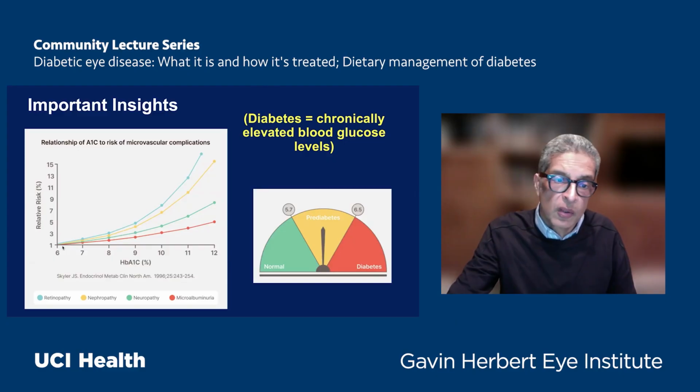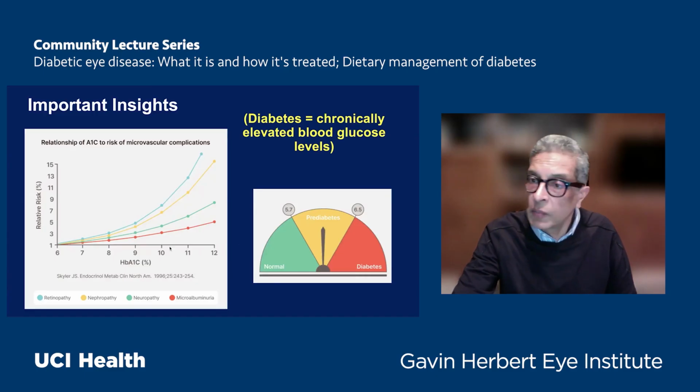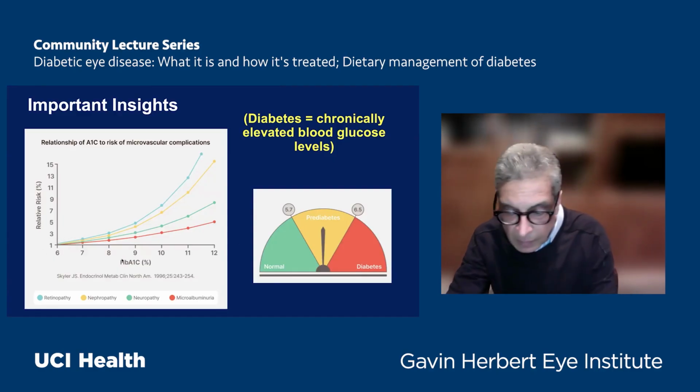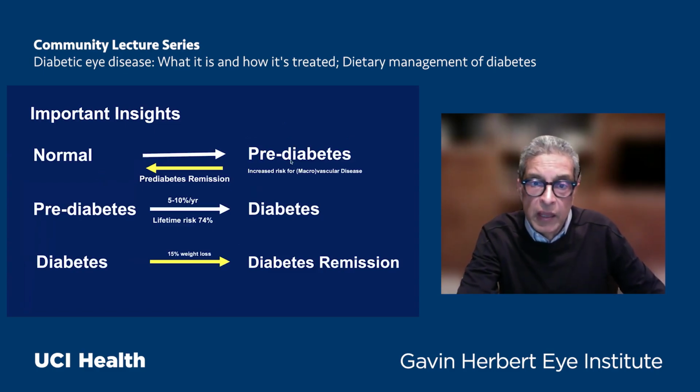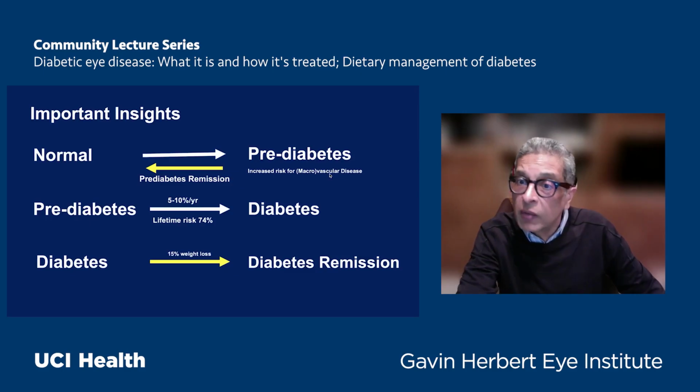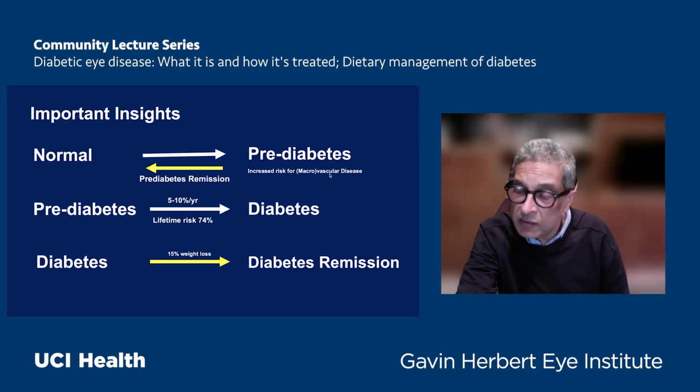Like I showed you before, retinopathy and other complications of diabetes heavily depend on how high your hemoglobin A1C is. So let's talk about prediabetes; we're down here, in this area down here. Prediabetes has a risk of 5 to 10% per year in any individual of becoming diabetes. The lifetime risk of somebody who has prediabetes becoming diabetic is 74%, so very, very high. But it turns out that prediabetes is already a risk factor for macrovascular disease, not microvascular disease like retinopathy, but macrovascular disease